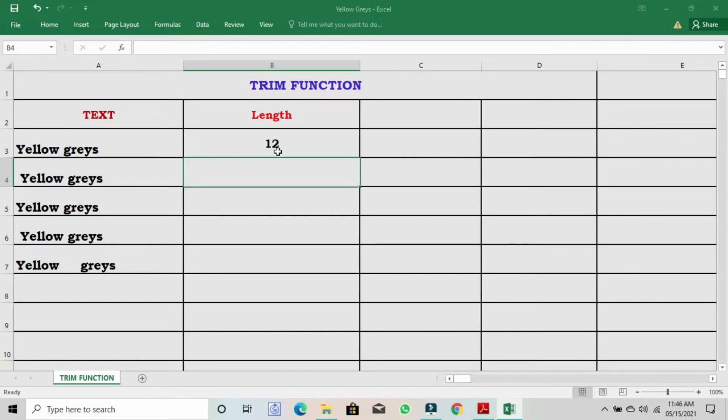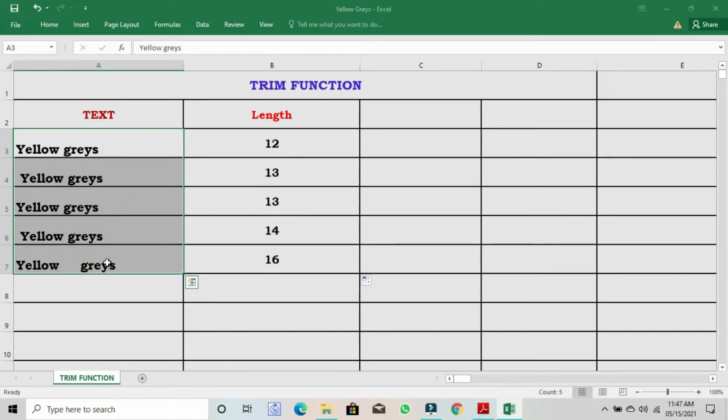Let's drag the cell and check the length of the other cells also. See, the length varies according to the spaces available in between the text. In this example, the text is similar, that is yellow grace, which consists of 11 characters. But in each text there exist different spaces, which can be observed with the help of the length function.